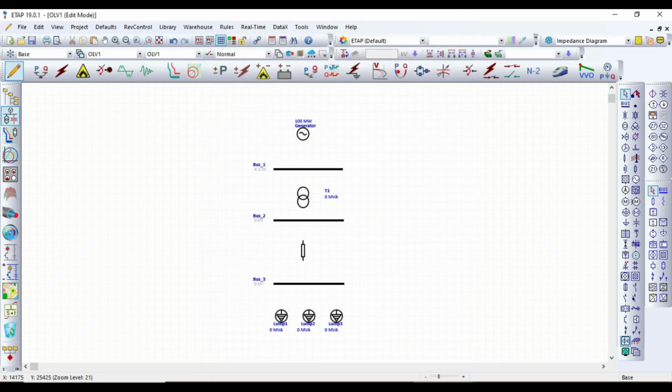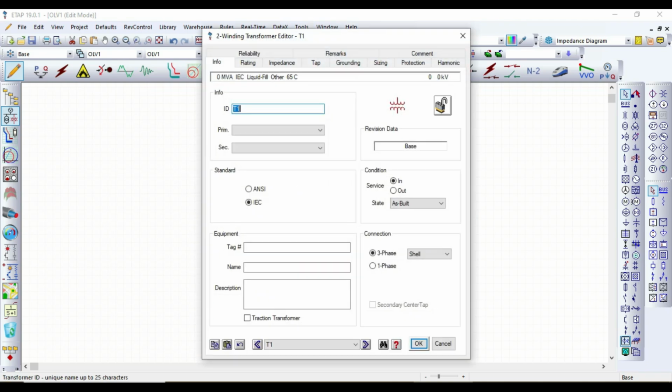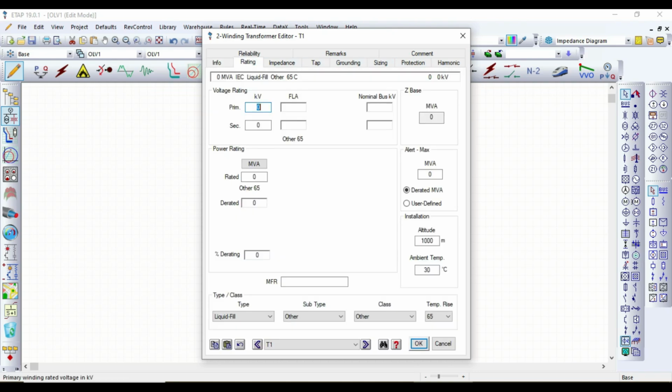Now go to the transformer, double click on it and change the ID to transformer. Go to the rating section and set the primary voltage to 4.1 kV and the secondary voltage to 11 kV. You don't need to provide a rating for primary and secondary.